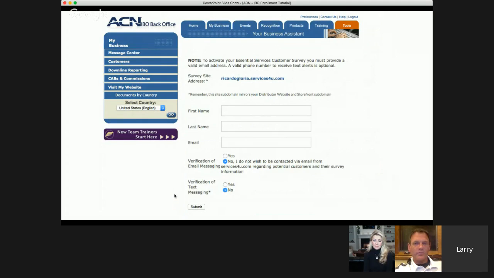You can text the link to them. You can email it to them. And it shows them a way to save some money on their bills. And so what you do is you come in here.